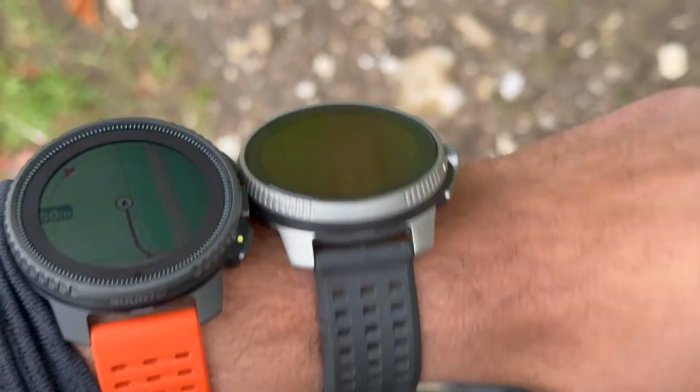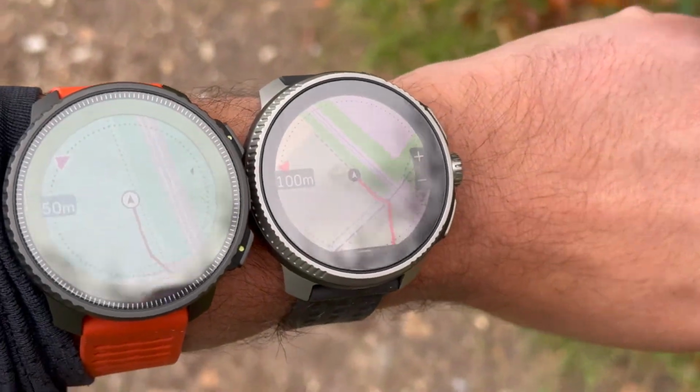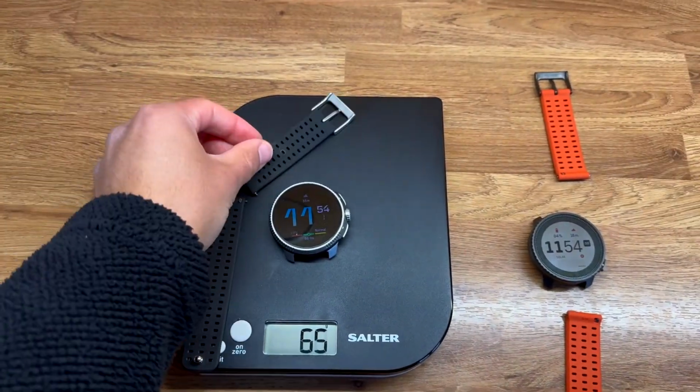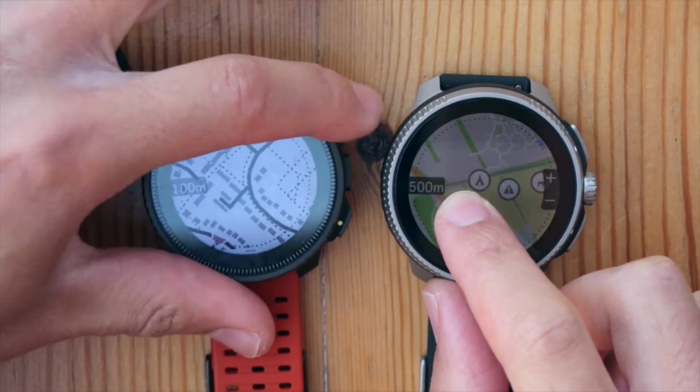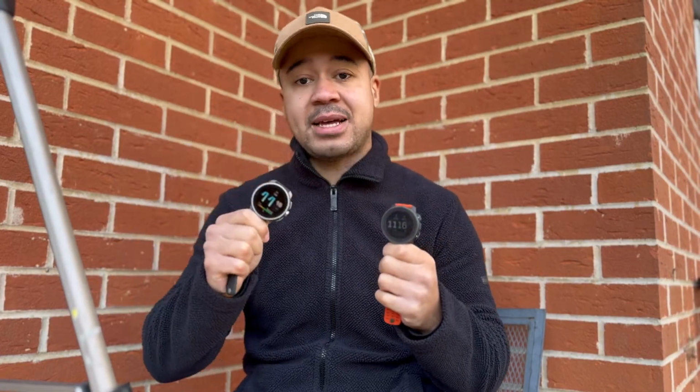This is the Suunto Race versus the Suunto Vertical, and I'm going to dive into all of the nitty-gritty differences between the two. A lot of you are asking in the comments, what is the difference? Is it as simple as, one has a memory and pixel screen, one has an AMOLED screen? Is it as simple as, one has better battery life, one has good battery life? I'm here to tell you there's a little bit more to that,